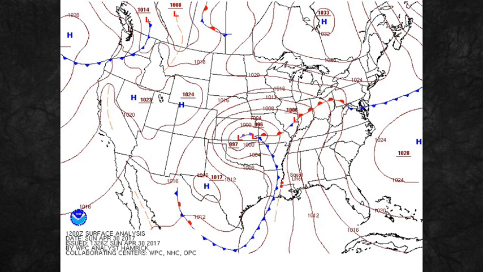So that's the surface pressure map. That's how we represent pressure distribution at the ground, or more precisely at sea level. But in a lot of cases, the really interesting stuff might not be happening down at the ground. It might actually be happening higher up in the atmosphere. So let's talk a little bit now, for the rest of this screencast, about how we represent the pressure distribution higher in the atmosphere,